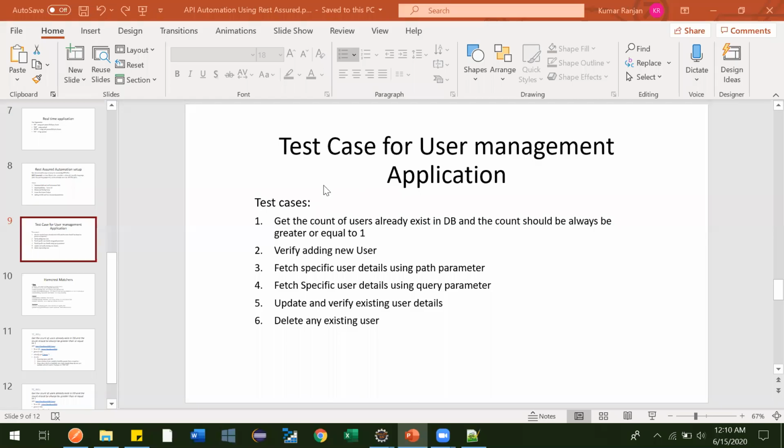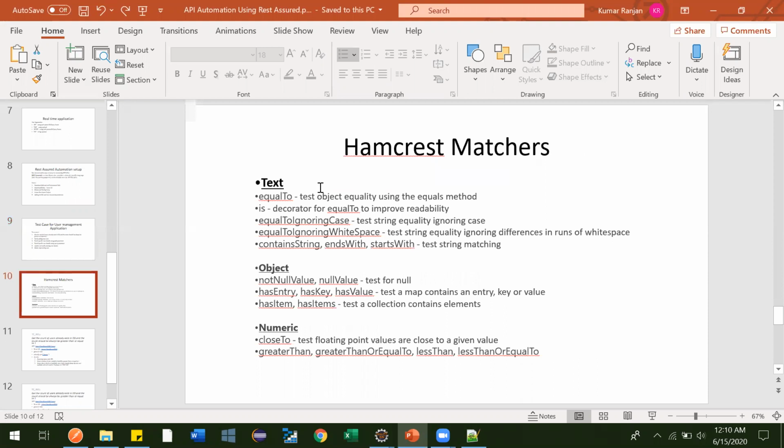Hi guys. So in the last video, we automated one API and we just did an assertion of our status code, like 200. In this video, we are going to learn multiple different types of assertions, which get used daily when we are automating our application in offices.